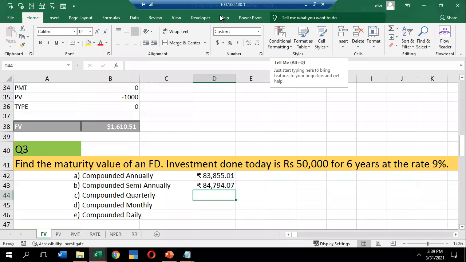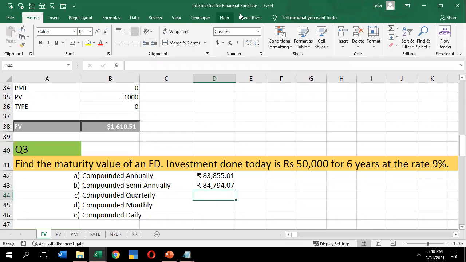Raza, Varun, Aman Hussein. Will anyone answer it? Till you answer, I won't start. Except Shamita, others have to answer. It's a very easy question.